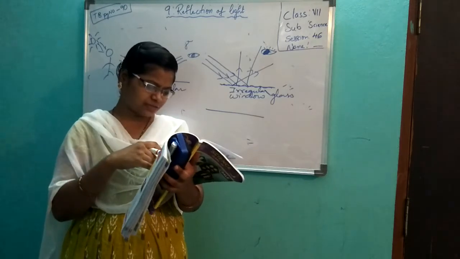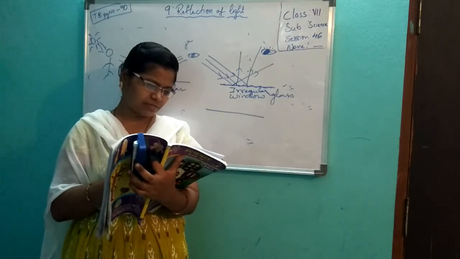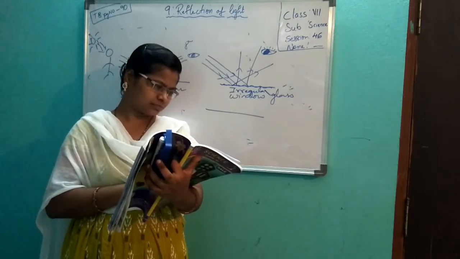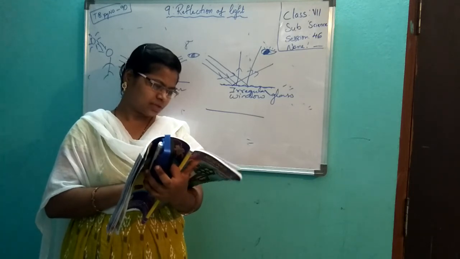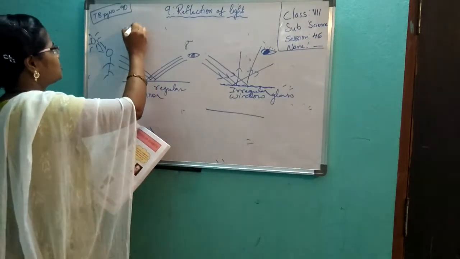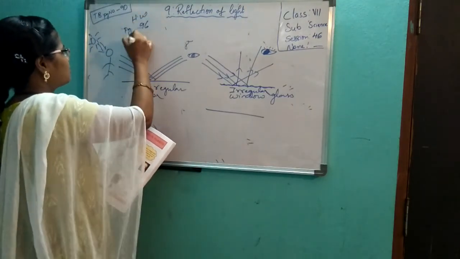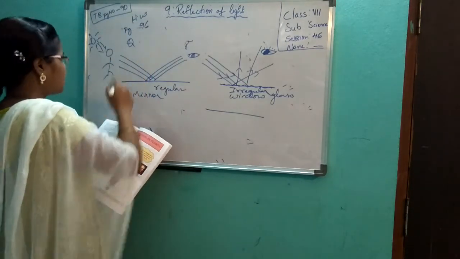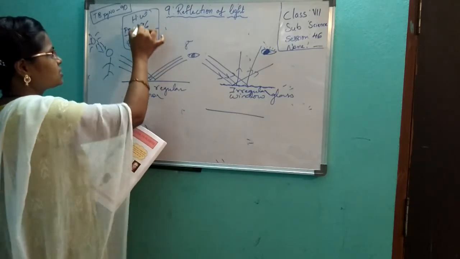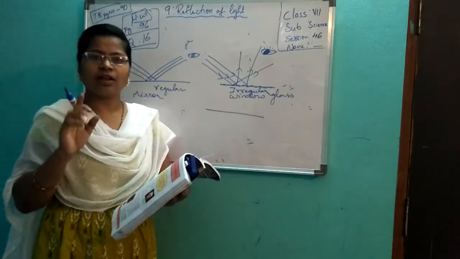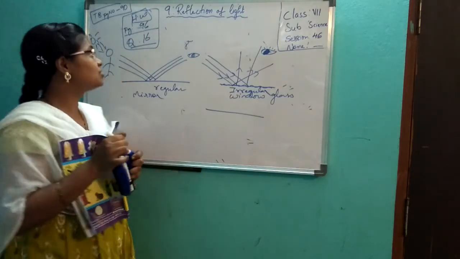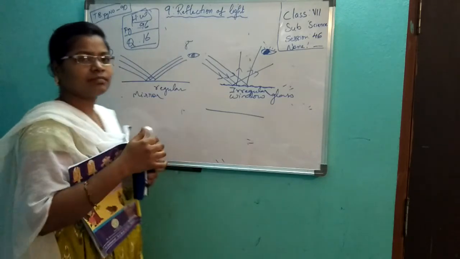Okay, go to the last page of your questions. We will see where it is given. Okay, 16th question. See page number 96, homework question 16. Okay, this is your homework. Page 96, question number 16 is your homework. Write it along with the diagram: differences between concave and convex mirror. Okay, 16th question. Okay, thank you children.